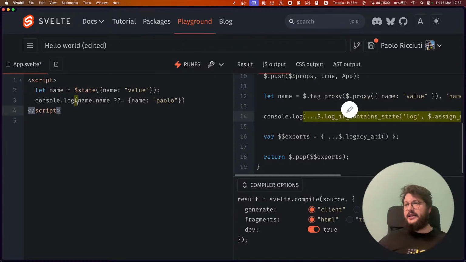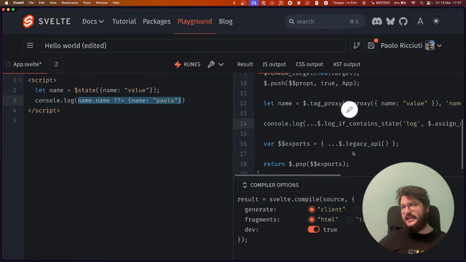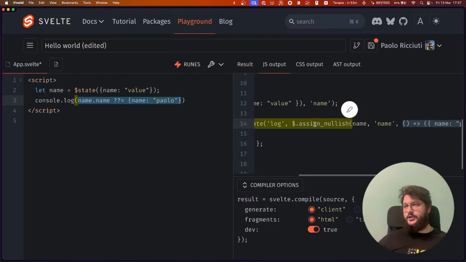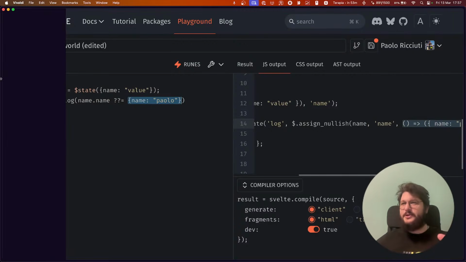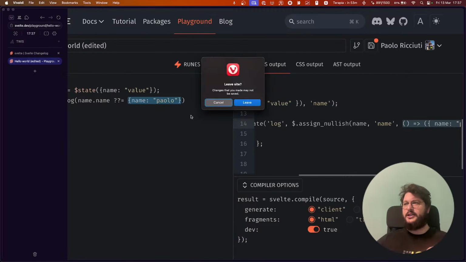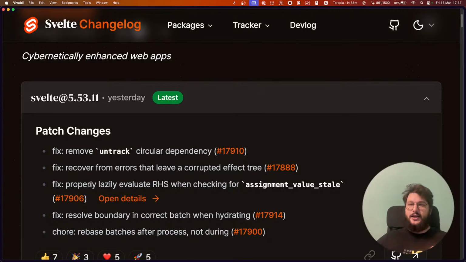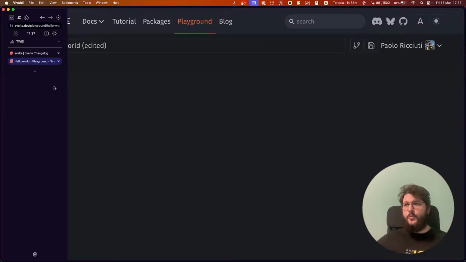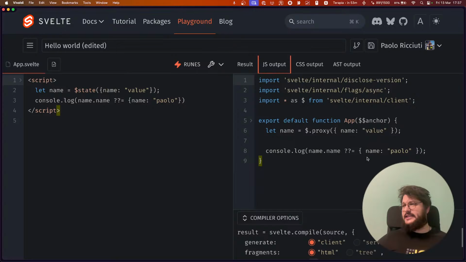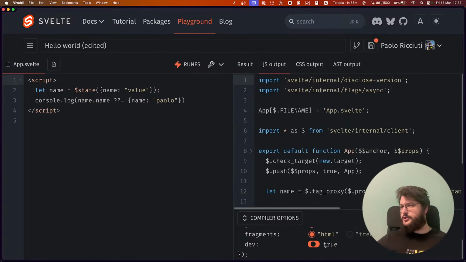I was saying there is a situation basically inside here. We check if this is a proxy, because if this is a proxy, then the value might resolve to a previous value. It's a bit annoying, a bit convoluted, but the problem is that it was not evaluating lazily. So you can see that if I reopen this and switch to dev mode,